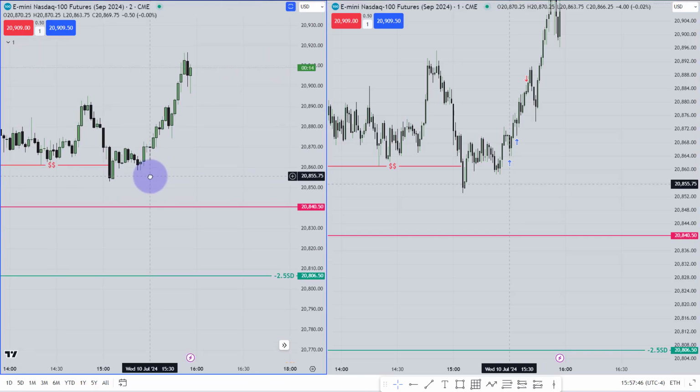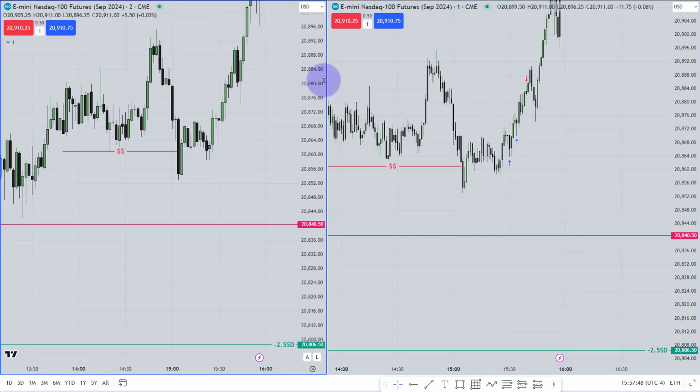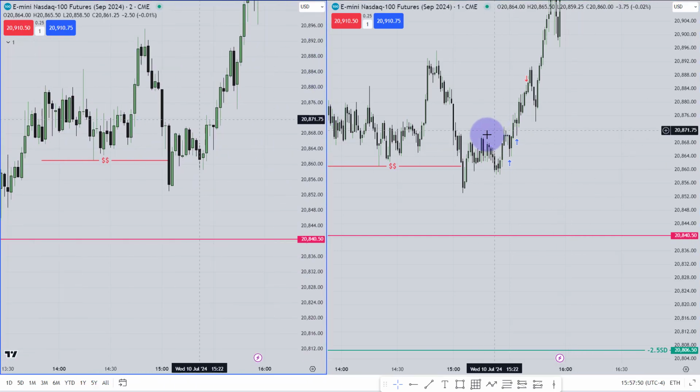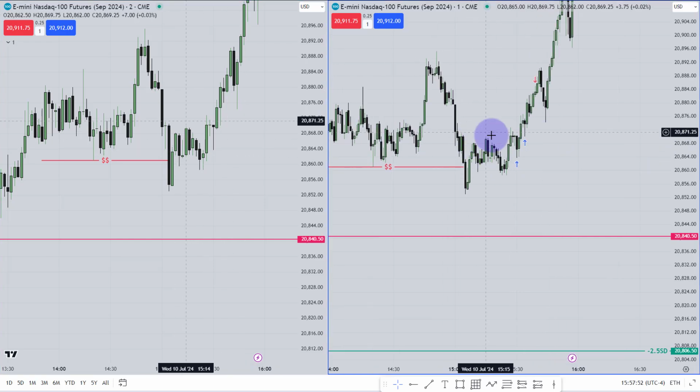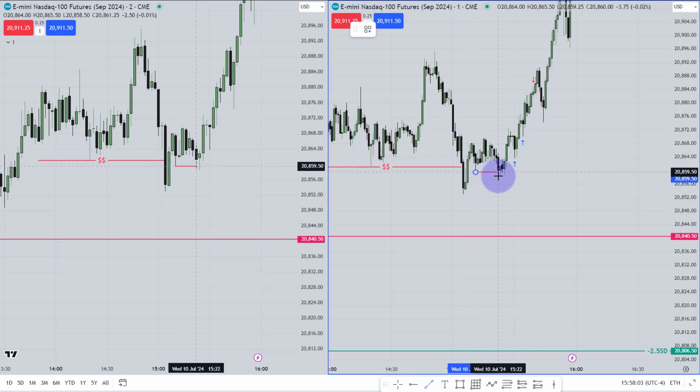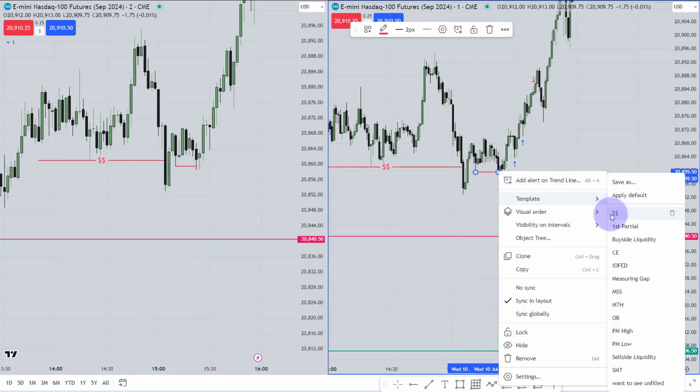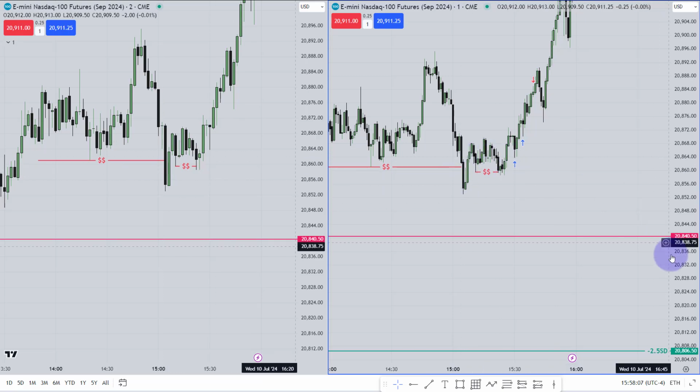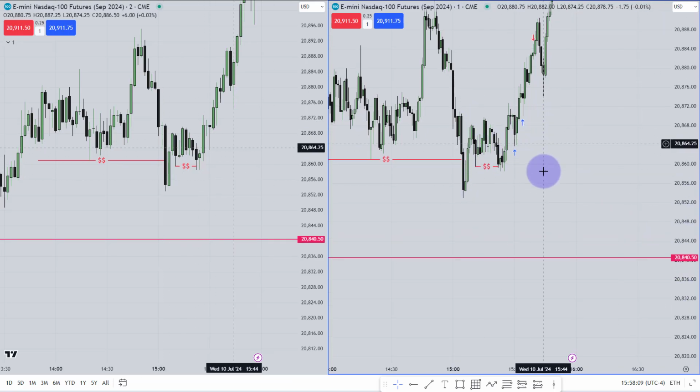Now I opened my 2-minute chart as well around that time to see if this 1-minute setup is valid or not. Then the market fell again. After taking this liquidity, the market fell again and took that low. Look, this low has been taken again around that area. This is my liquidity taken. The actual liquidity taken was over there. After taking this liquidity, there was a very nice market structure shift.